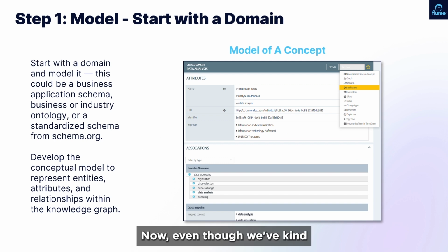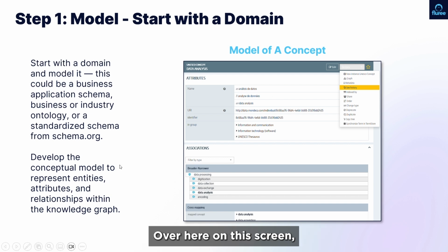Now, even though we've selected our use case and our ontology, we still want to focus on a very small portion of that ontology. So we're going to start with a specific domain within that ontology, which is basically just a small sub piece of the ontology, just the least amount that we need to get started. And what we're then going to do is take that domain and start breaking apart the specific classes and properties and relationships that we care about.